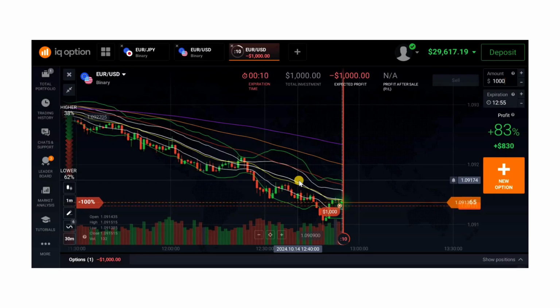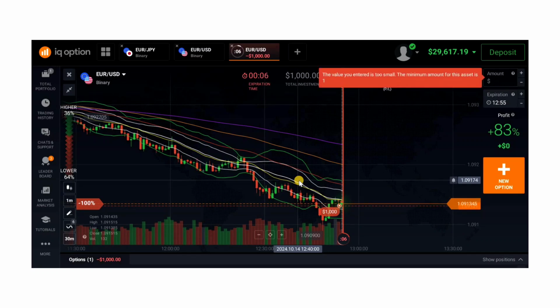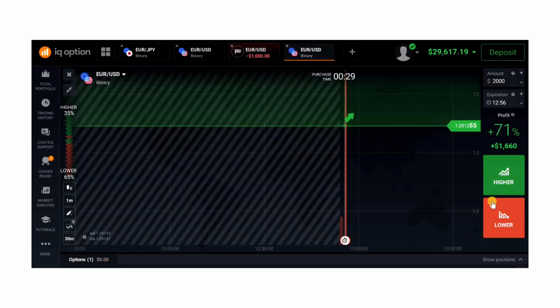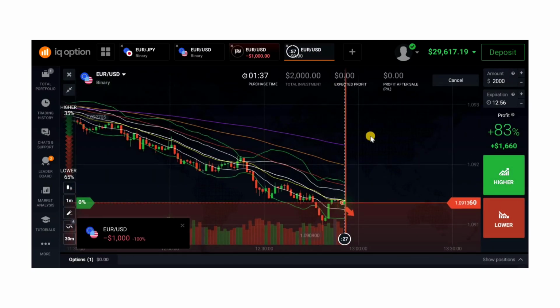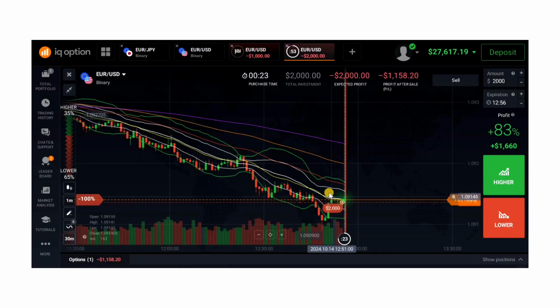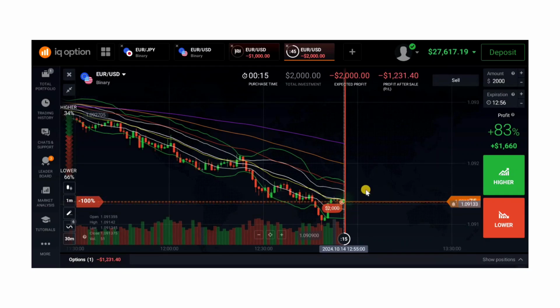So this might end as a loss, but watch what's going to happen. Now I'm going to increase this to $2,000. So when it goes to $2,000, I'm trading again. Now, like I said, when it comes here, it's going to go down. Now you remember, you see how my account balance is decreasing. Once it goes to $2,000, this will be my second trade. Like I said, I will do this 4 times.